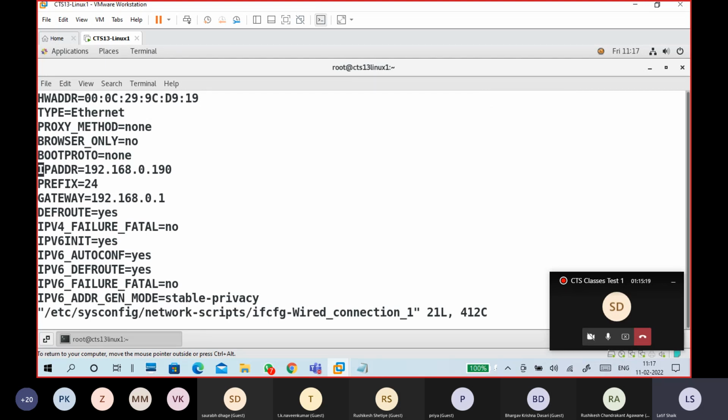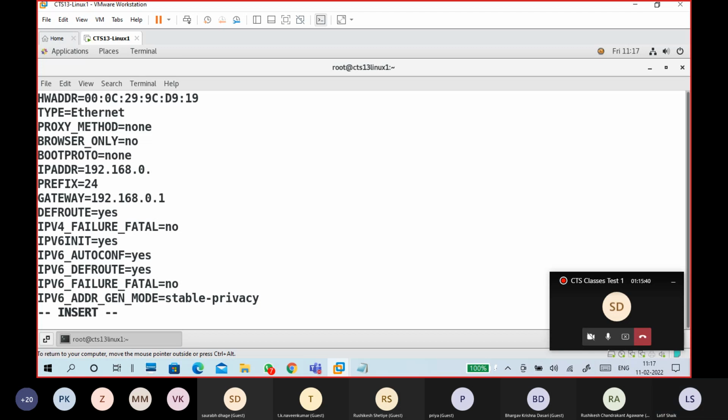Now, if you see, this is my IP address. I'm not changing much, I'm only changing one part. Press I. I put a 190, so instead of 190, I will put something like 10, 11 or anything. I'll put 109. Maybe 109 is taken or not, I don't know, but no problem. We'll try. If it is already there, then we will get a conflict. So we'll try 109, to make sure that the IP address is not taken by any other PC.